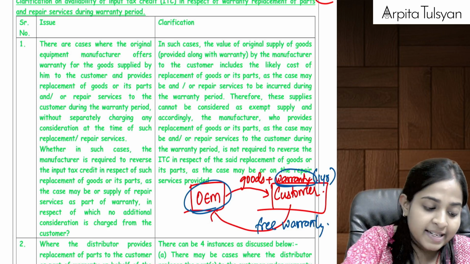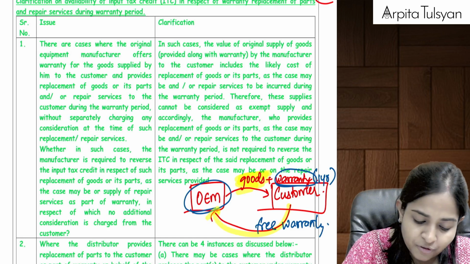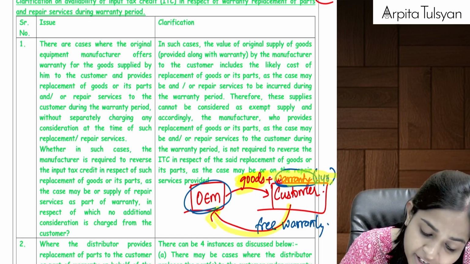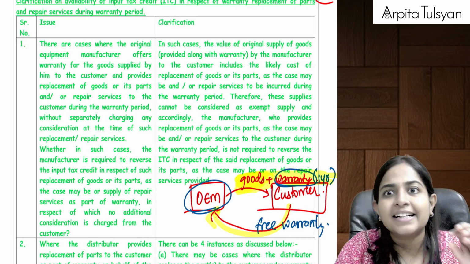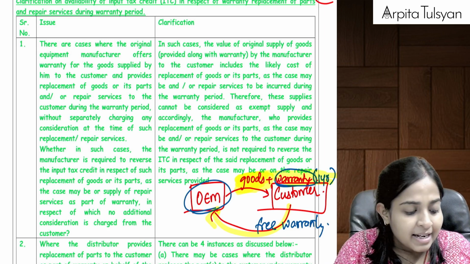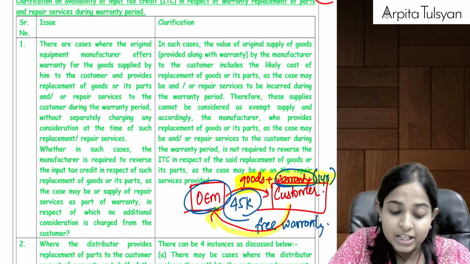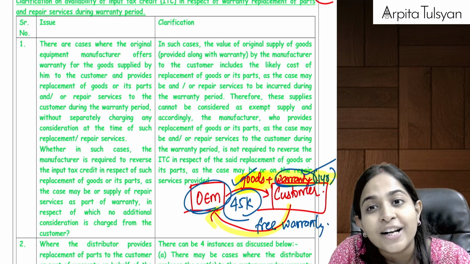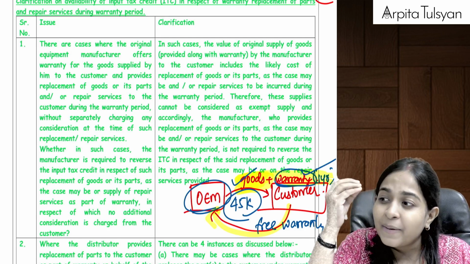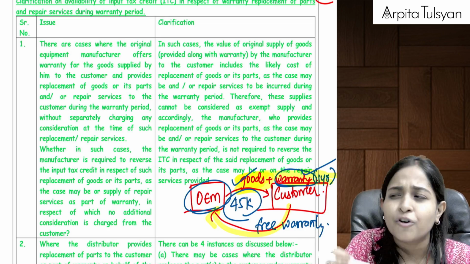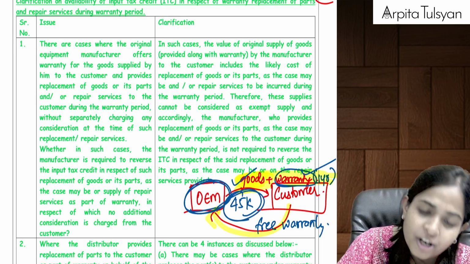So now my question is, the OEM has given the goods for which consideration was charged from the customer. The OEM has also given a free 1 year warranty, for which also there is a hidden consideration in the goods itself. Let's say the OEM has charged 45,000 rupees for that AC. Even if they may call it an advertisement tactic, they can only say that it is free just for the purpose of marketing. The OEM will say that it is free warranty, but actually it is not free. We have paid for it, right?